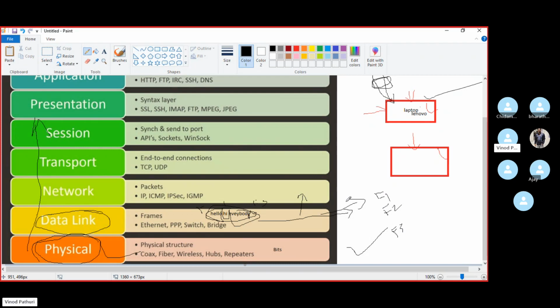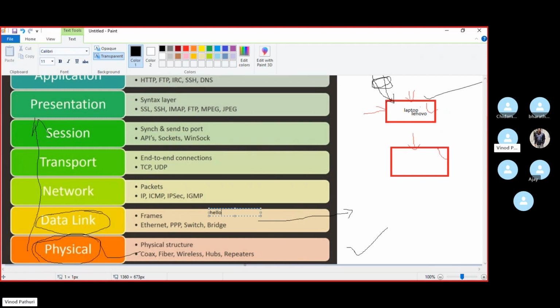It will add a header and footer actually. Suppose we are dividing the data into hello, hi, everybody. In between H and O of hello, the part before adding the data is the header, and after adding the data is the footer. So it will add a header.